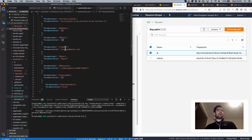There's an SNS email. So for our GuardDuty alerts, they're going to get sent to me. We're setting up a DB user. We're giving it a password. Our key pair name, this is that EC2 key pair that I showed here. And then because I already have GuardDuty enabled in this account, I'm setting enable GuardDuty to false. So that's an example